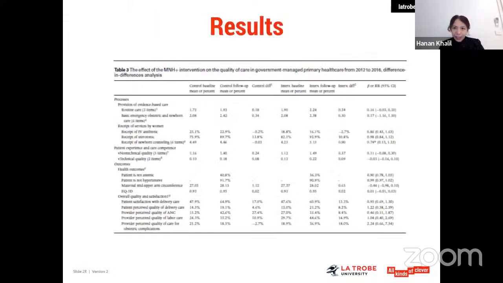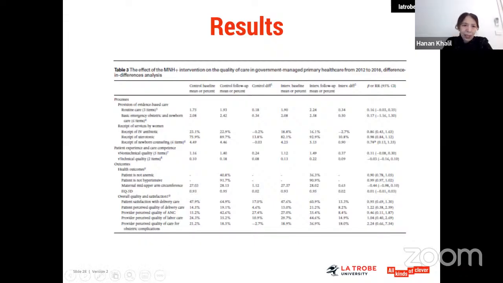Unfortunately, I don't know whether you can see this, but none of the processes that they looked at showed any improvement after the intervention. So you can see here the confidence interval and the relative risk, it was all below 1. Even the patient experience was below 1, so there was no improvement in patient experience. The outcome measures, again, were all below 1. Maybe for patient perceived quality, it was only above 1.22. Only 22% of the patients said that they received better care.